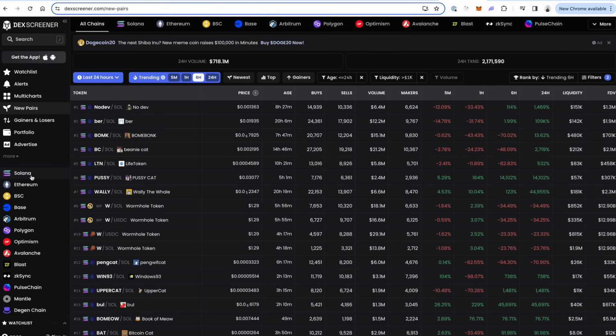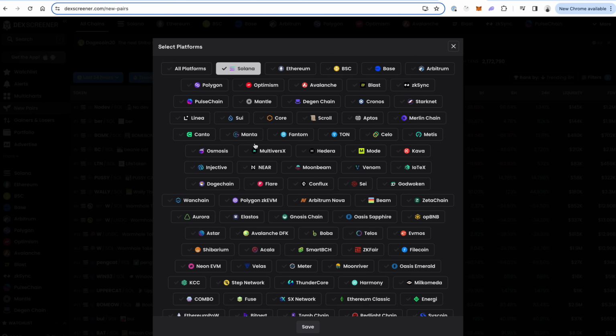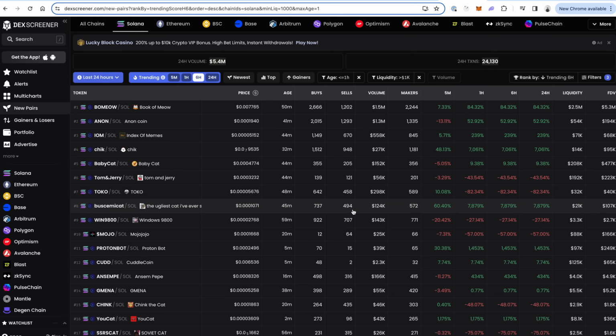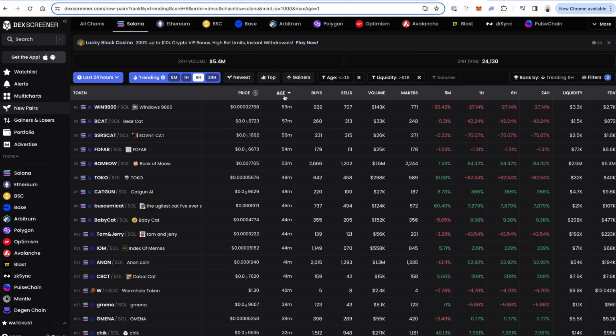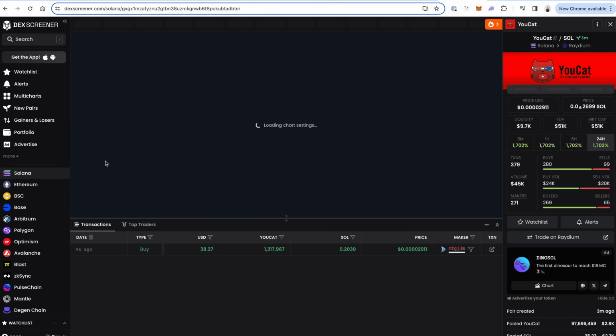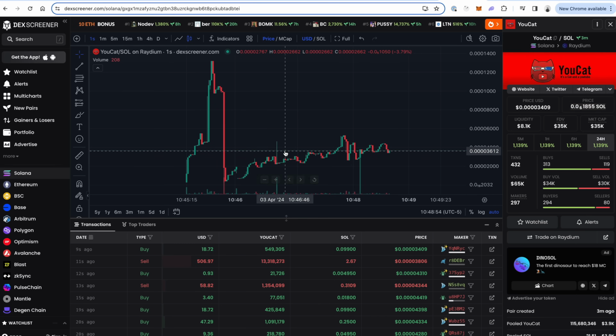All of the decentralized exchanges, all of the coins that are being traded on there. And you can also see newly launched coins. So if I go to all platforms and I go to Solana, and I click maximum of 1 hour and liquidity 1,000, I can see all of the meme coins that just launched if I sort this. So I can see, like, here's a meme coin that just launched. It's already getting trading activity on it if I switch to the 1 second chart.